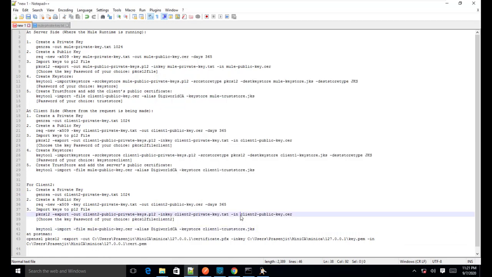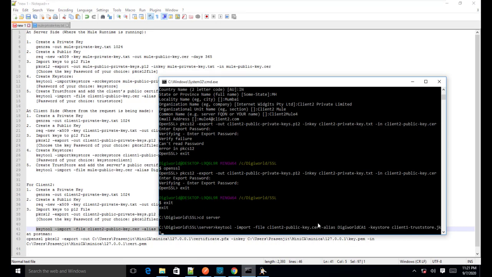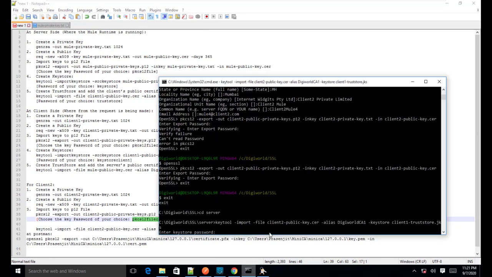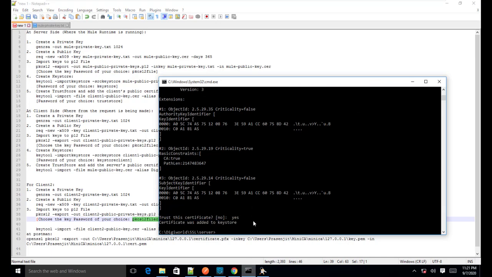So this time it is the public key, this certificate it is actually looking for, right? So this certificate I will make it as DigiCert CA1. I will make it as CA1. And now I am importing the same to the trust store, and this time it will ask for the password. So this is the password we have used, and I have given the password again, and it is asking whether to trust the certificate or not. I'll put it as yes.